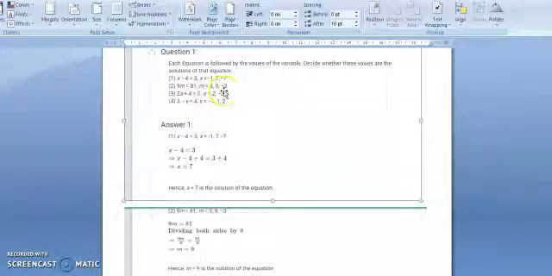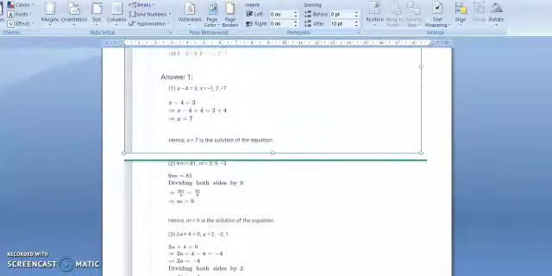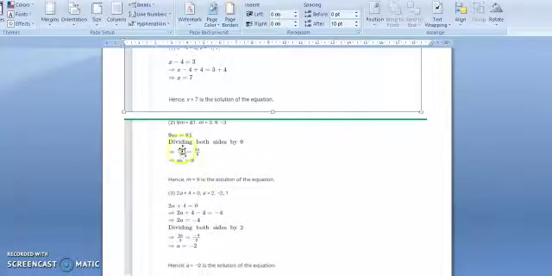9m equals to 81 and the values given are m equals to 3, m equals to 9 and m equals to -3. So let us solve the equation first of all. 9m equals to 81 is given to you. First of all, we will divide this equation by 9 so that this 9 will get eliminated. 9m upon 9 equals to 81 upon 9. So this 9 will get cancelled. You will get here only m.